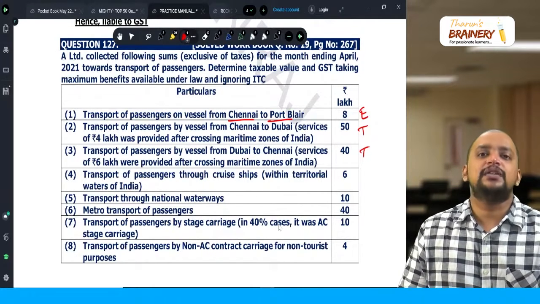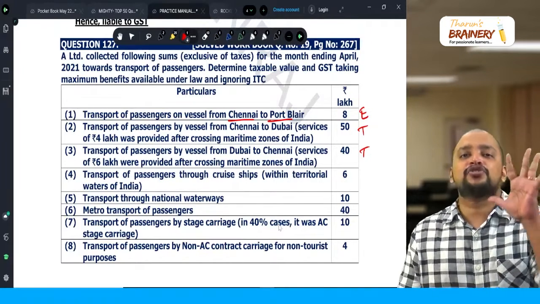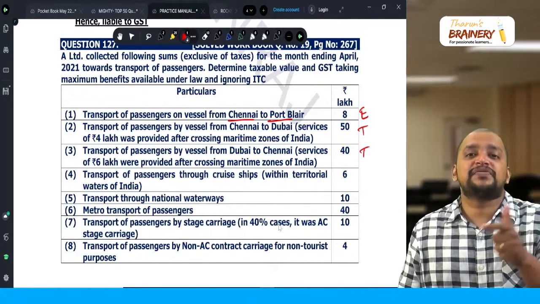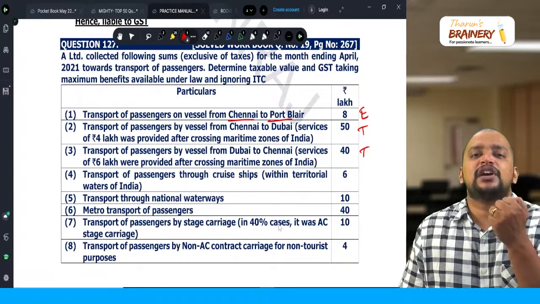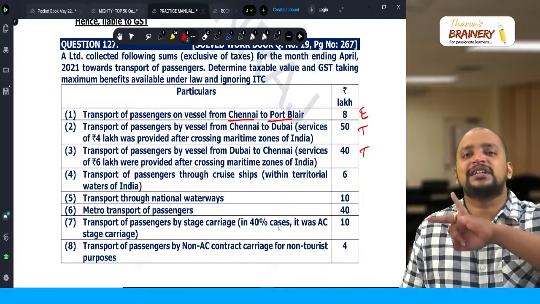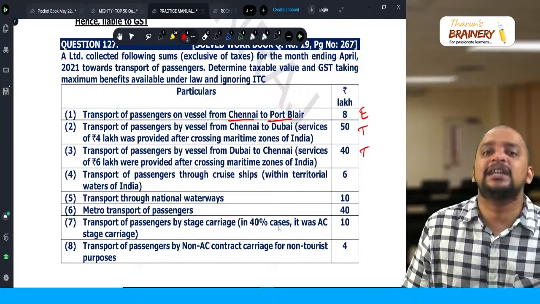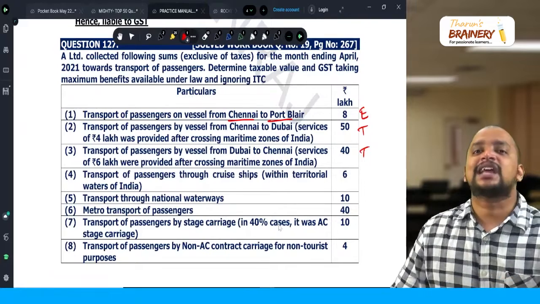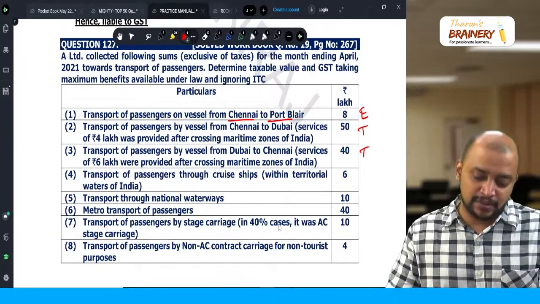So the liability is on A Limited, because in order to become a zero rated supply, an export of services, 5 conditions should be satisfied. The supplier should be in India, the recipient should be outside India, and the place of supply should be outside India. Consideration should be in convertible foreign exchange. The supplier and recipient are not two establishments of the same person. In case of services to Nepal and Bhutan, it can be in Indian rupees. So in this case it is not an export of service, it will be taxable.